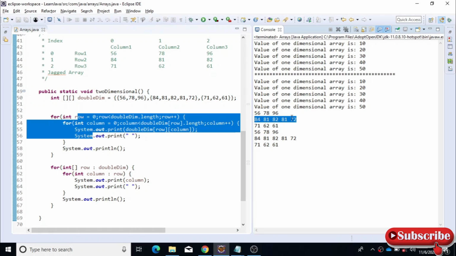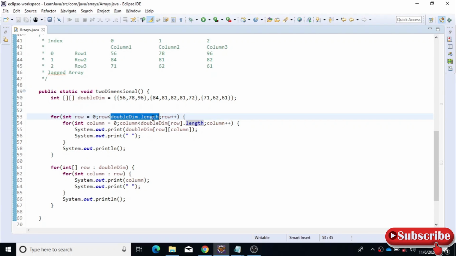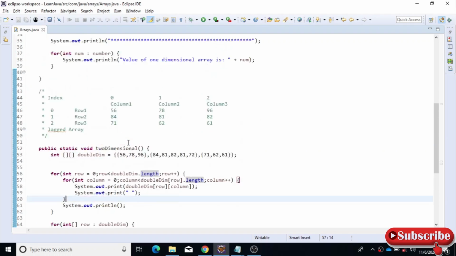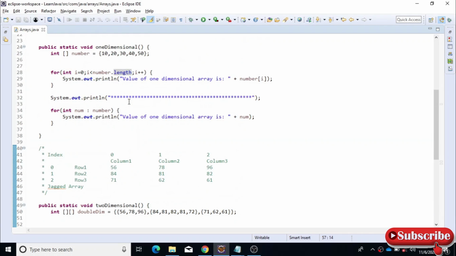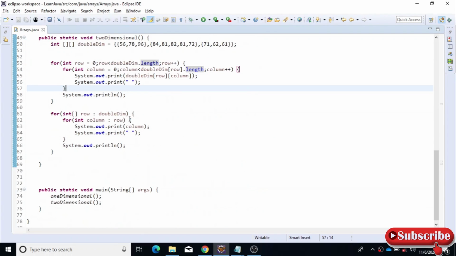You can see here, right? Now it is working properly. So this is called a jagged array. The columns of each row might differ, so always call the length and get the length of that row or column. Okay, so that's it with the two-dimensional array, and I guess you guys are clear with this. So now we'll see what a 3D array is.